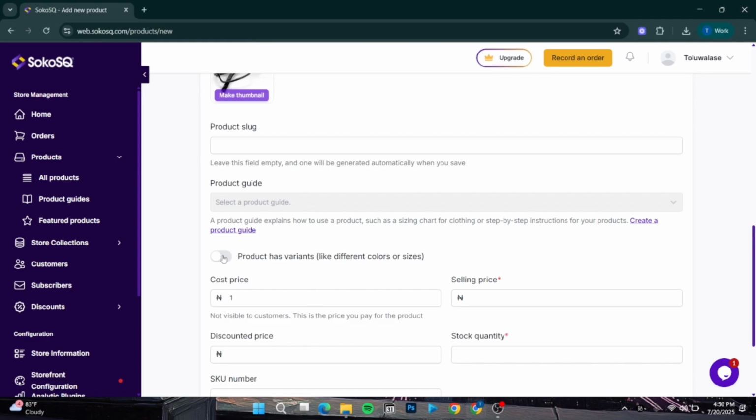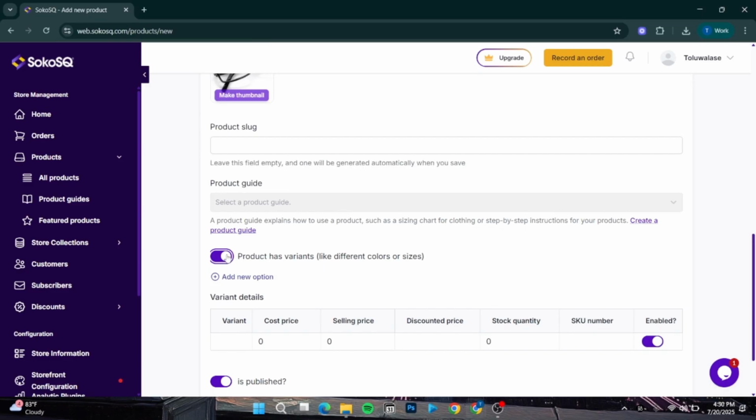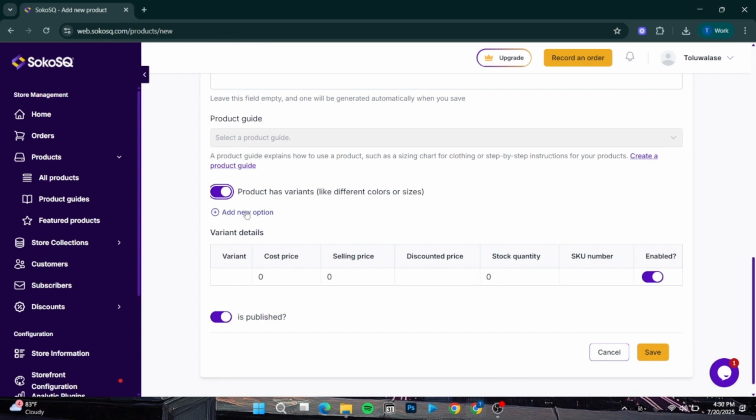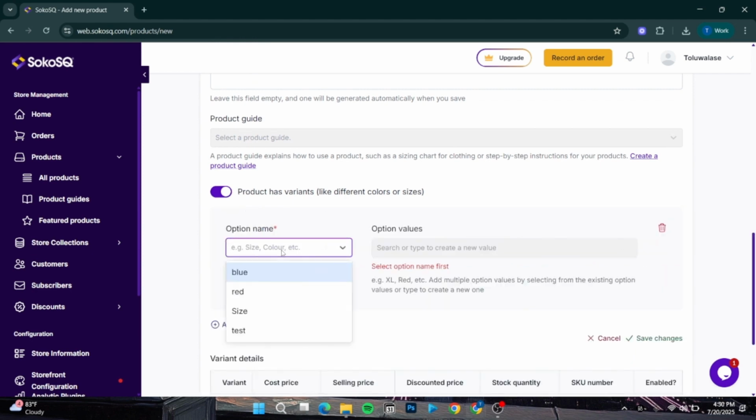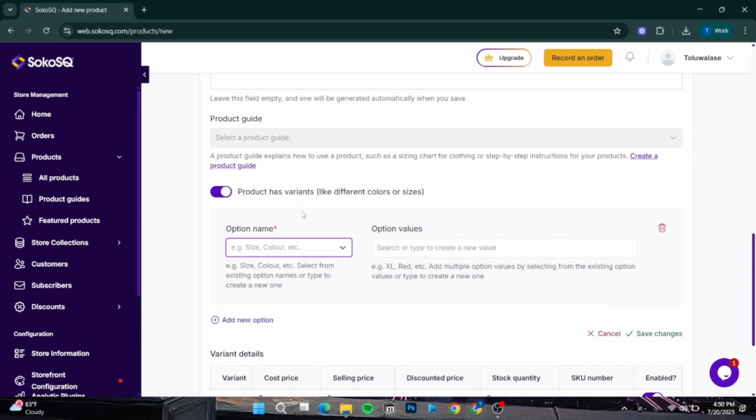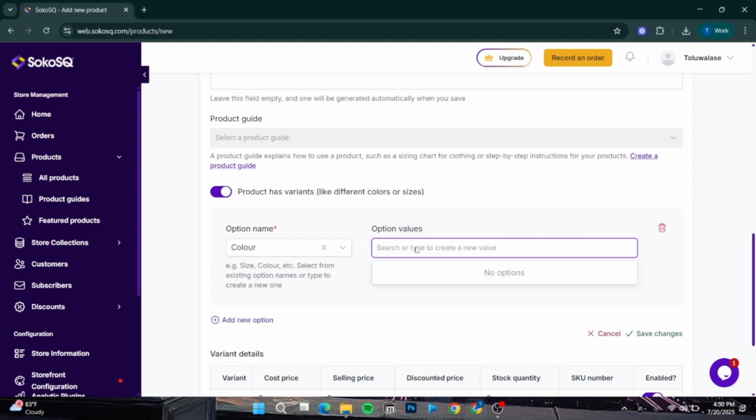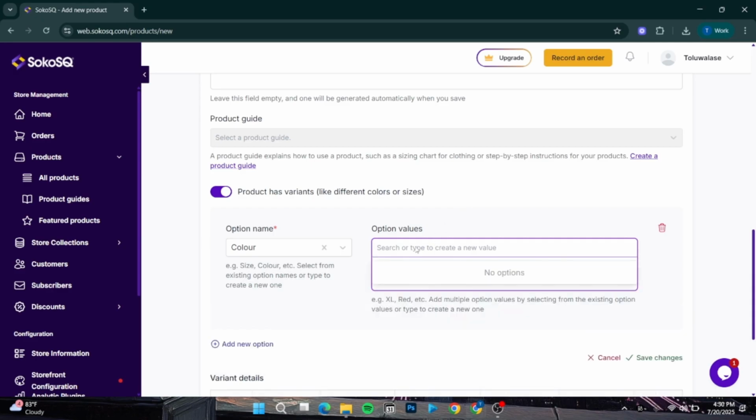But then if your product has variants, different sizes, different shapes, different colors, then you would need to create a variant, and this is how you do it. First step, you toggle your product variant on, then click on add new option. Then in this case, the variant will probably be color. So we create the option color. So let's say for this it is red. We have red, then we might also have blue,